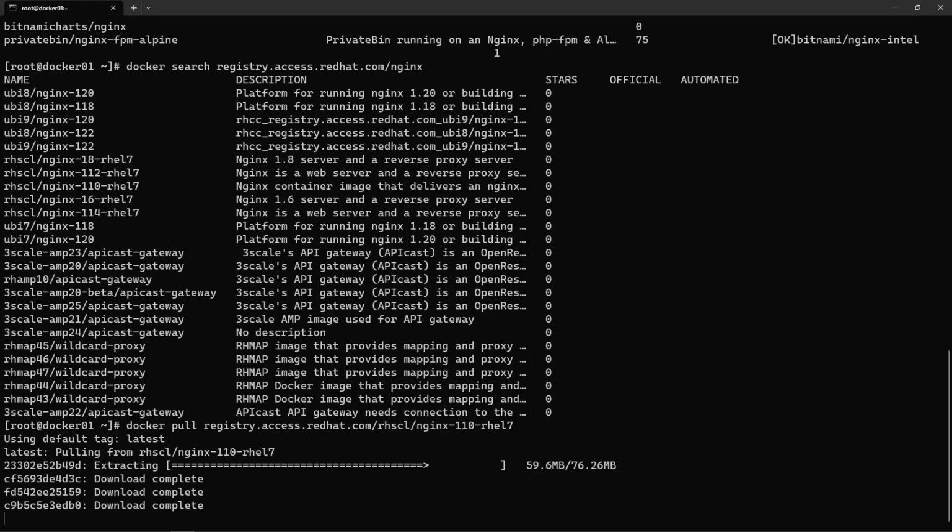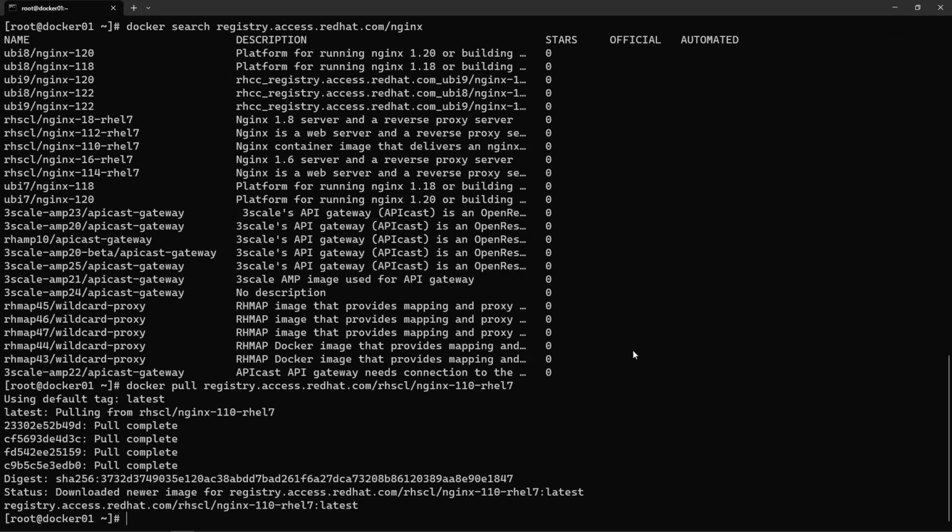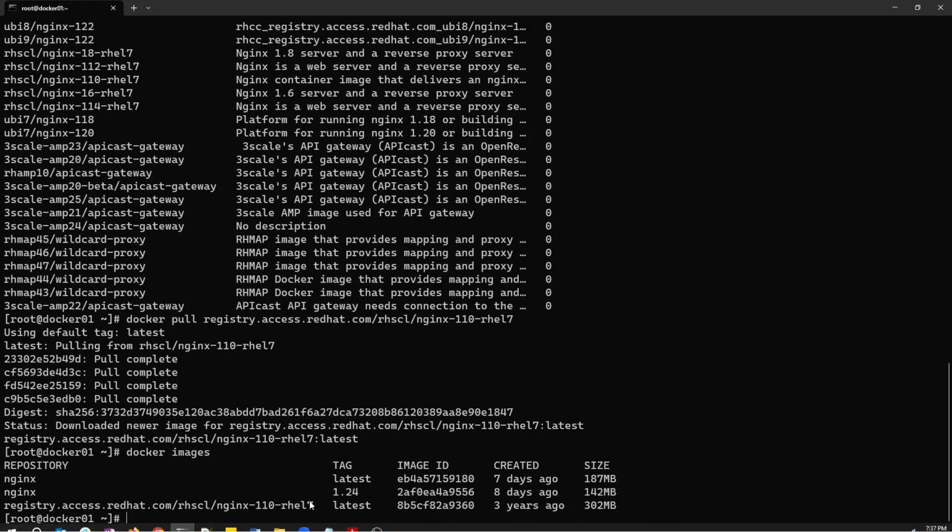This will download the image on my box, and then it will show me that it is there. So if I say docker images, it will show me that it downloaded from Red Hat. Another thing,